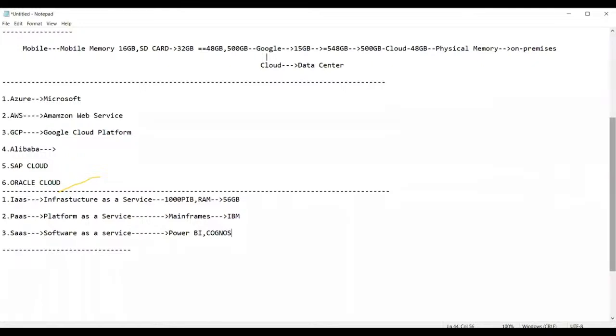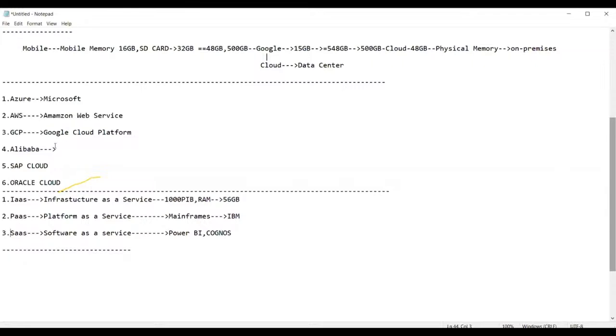You need not buy the license of this and need not worry about it. Simply inform your cloud provider that you require it. He is going to buy that for you. Everything is taken care of by the cloud provider in the service called what? Software as a service.